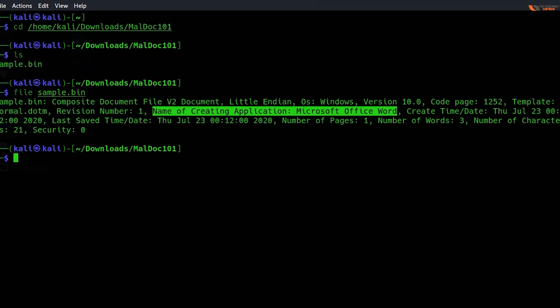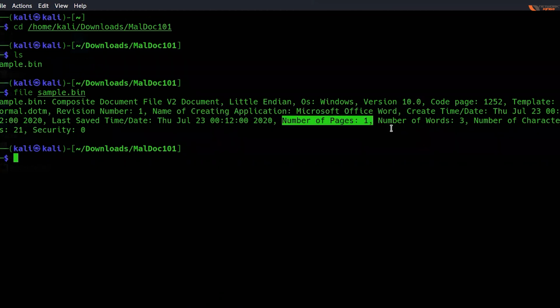Can you guys see this? Are you guys able to see this? How many pages are there? 1. How many words are there? 3. ठीक है?